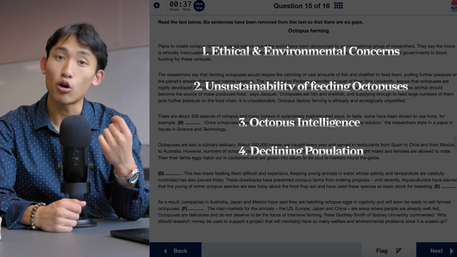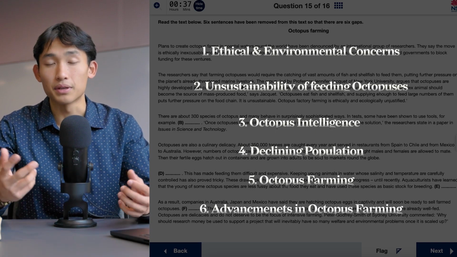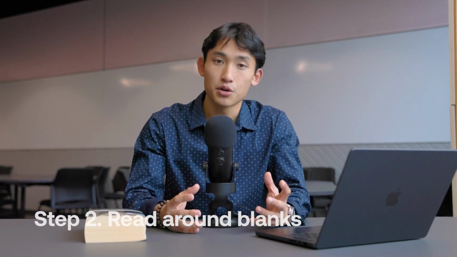Number 5 talks about octopus farming. And number 6 talks about some recent octopus farming advancements and a little bit of ethical opposition too. Now, keeping this in mind, what we now need to do is read around each of the blanks to understand